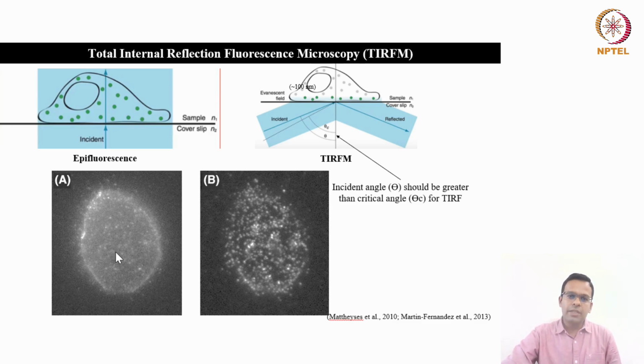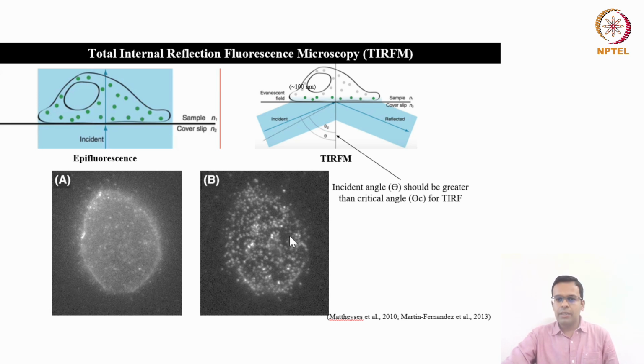So in the epifluorescence mode, you can see there is a lot of stray light. That stray light is nothing but the fluorescence from the out of focus molecules. Here you see all the molecules are getting excited and giving fluorescence, but this objective will collect the fluorescence only from one particular focal plane. So the fluorescence from the molecules above and below the focal plane will increase noise in this image, and that's why you cannot see the individual molecules clearly, because of the lot of noise from the out of focus molecules.